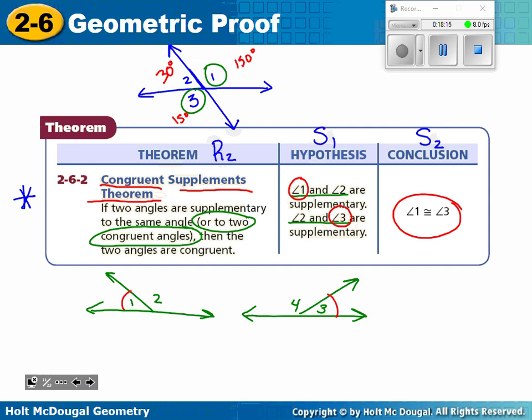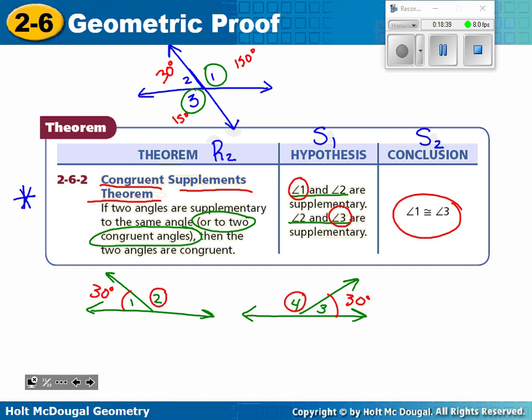Are 3 and 4 supplementary? Okay, but what do we know about 1 and 3? They're congruent. So what does that mean has to be true about angles 2 and 4? They have to be congruent too. Again, think about it. If this is 30, then this has to be 30. And if these are supplementary and these are supplementary, the only way that's possible is if 2 and 4 are